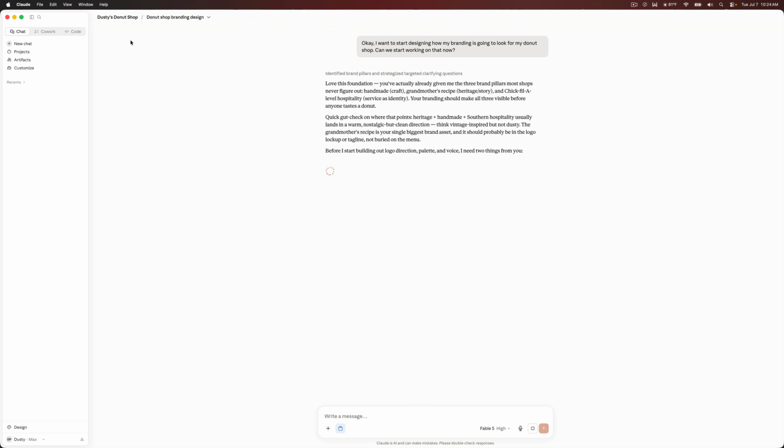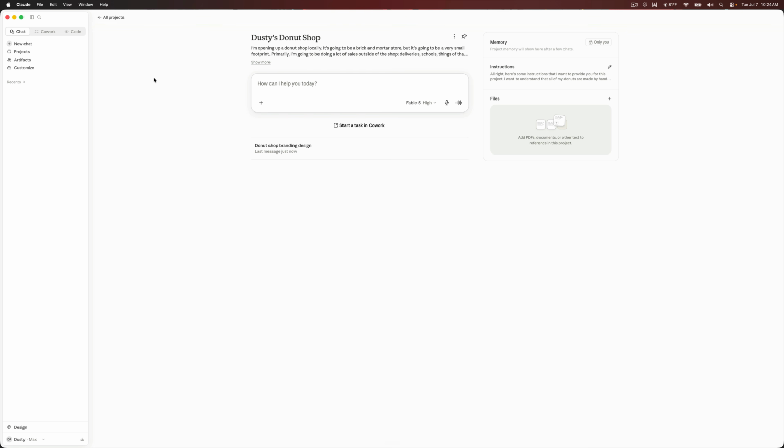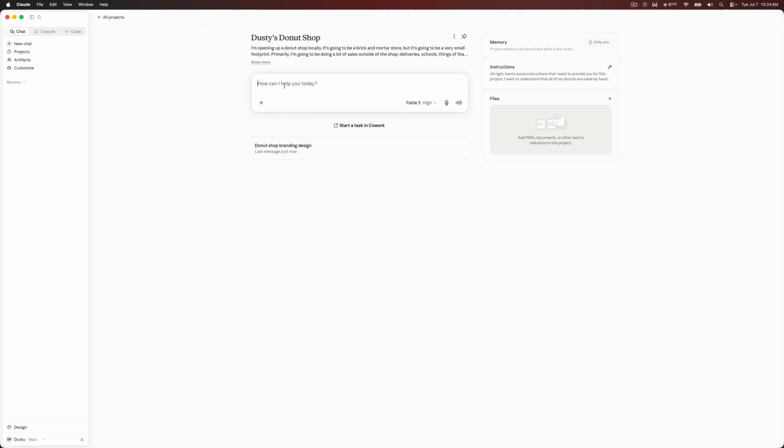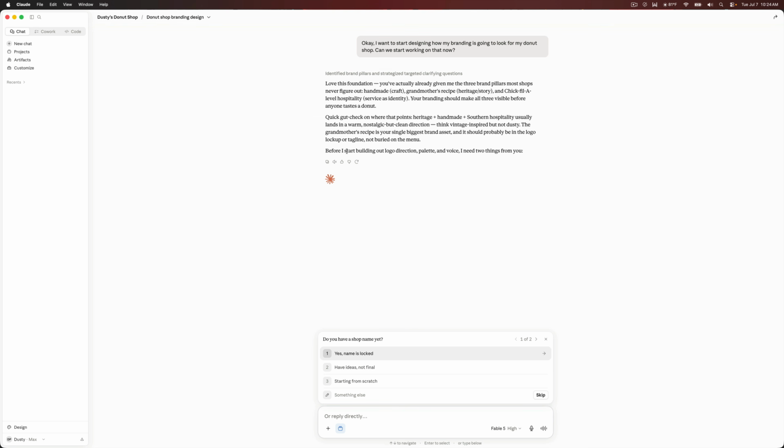Now I can go up here in the upper left-hand corner and see that I'm working on this specific dialogue right here within Claude. But if I click right here, it'll take me back to the main project hub or page as we just saw. We can also go to all projects to list the projects that we're working on currently. And then we can click on the project we just started and go into individual conversations within that